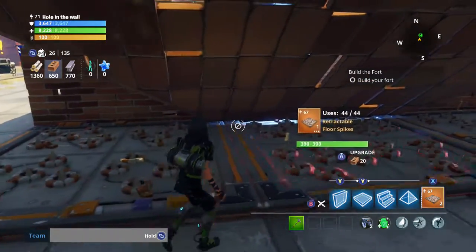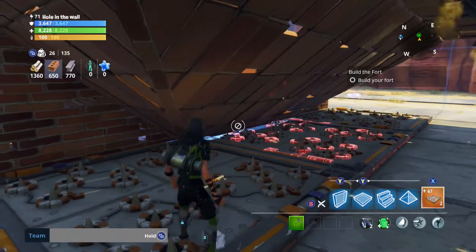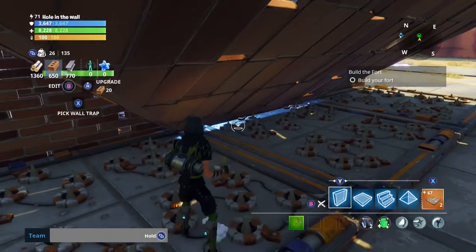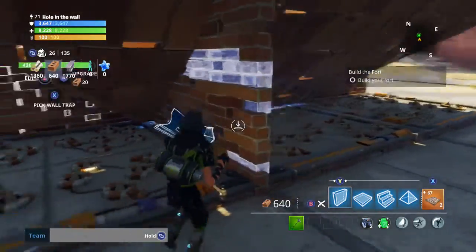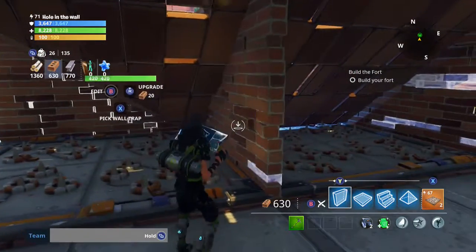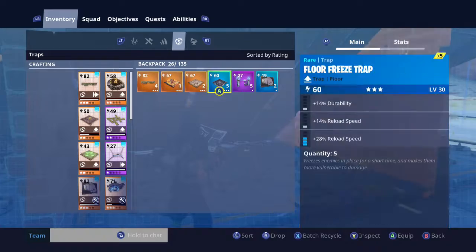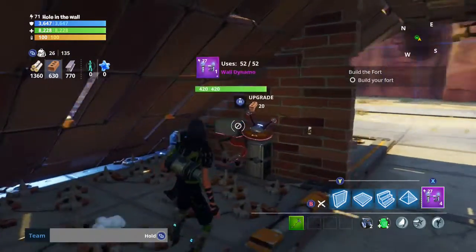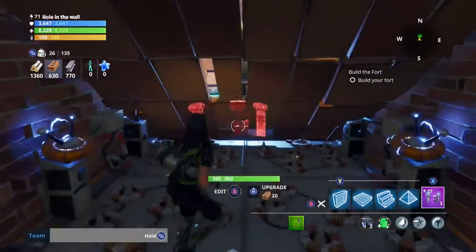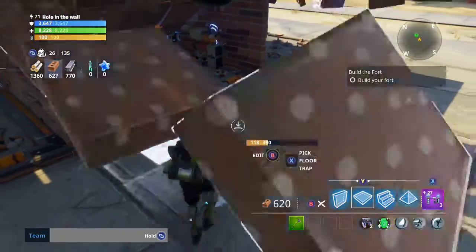So the whole point is to either kill them or hurt them bad enough that they're not as big of a threat when they get to you, or to even get to the objective. That's why I put walls in there. And with the walls, you can put other traps on there too, like a dynamo, so they get shocked twice, and then they get shocked up here, and then you can also lay down another floor